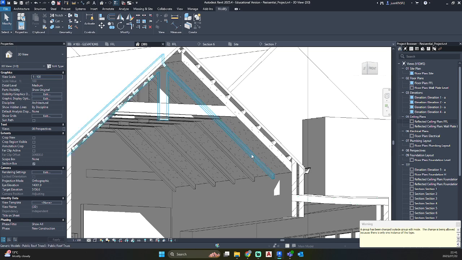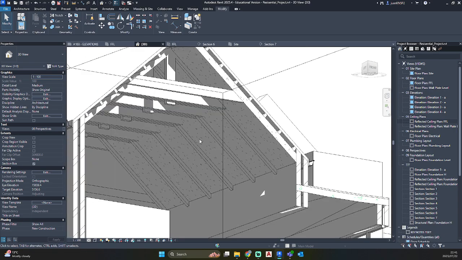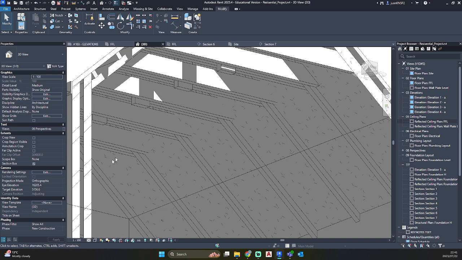As you can see, it creates that line for us where previously it didn't have a line because the two materials were intersecting with one another. And as you can see here with these parts of the trusses, it's not showing that nice clean join. So I'm just going to go ahead and clean up those areas.